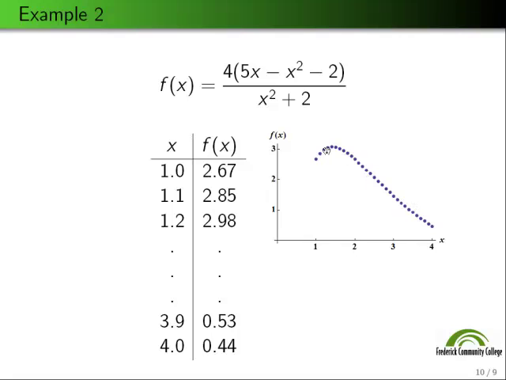So the top is going to be parentheses, 4, then another parentheses, then 5 times x minus x squared minus 2, close parentheses, now divided by, and I'm going to put everything in the denominator in parentheses as well. x squared